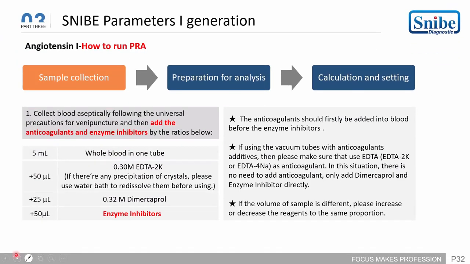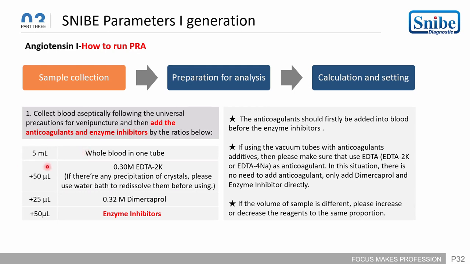So how to run the PRA, that's angiotensin 1. There are 3 major steps: sample collection, then the preparation for the analysis, and calculation and setting. So collect blood aseptically, following the manufacturer's precautions, and then add the anticoagulant and enzyme inhibitor by